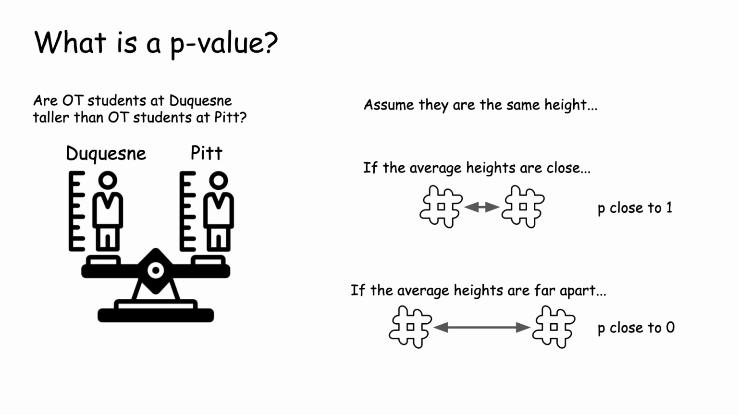On the other hand, assuming there is no difference in heights between schools, values that are far apart are less likely. So the further apart the two values are, the smaller the p-value gets. At some point, the p-value gets small enough that we are willing to rule out the possibility that students at Duquesne and Pitt